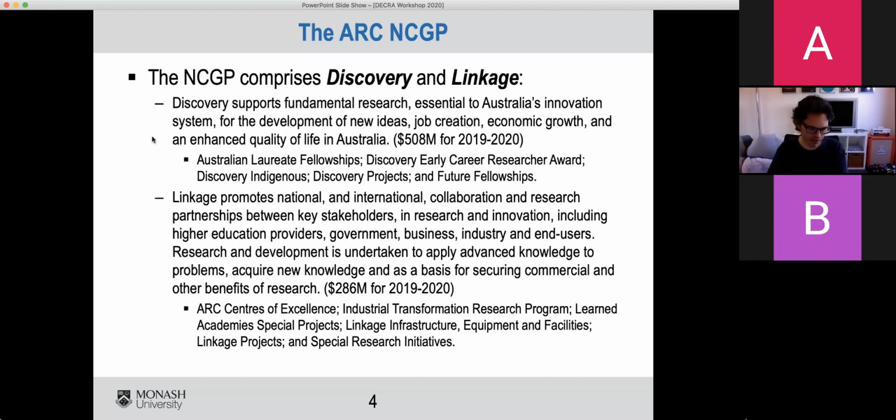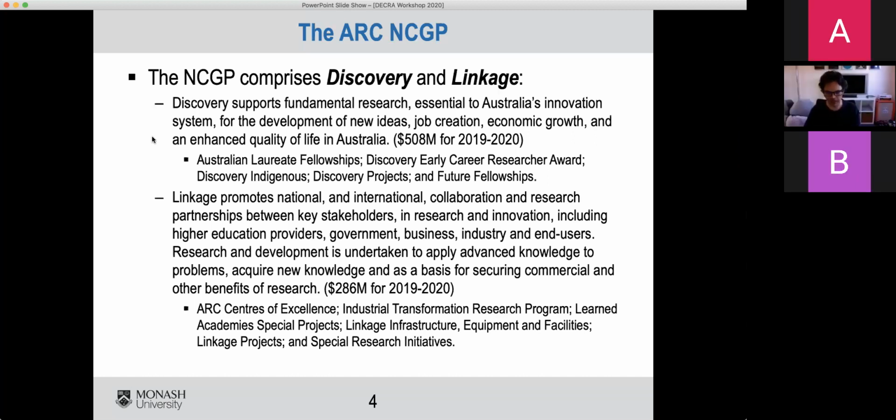As an example, the Centre of Excellence scheme is the biggest, most substantial funding scheme in the ARC. Those grants are $30 million for 7 years, or thereabouts. And that will include a lot of fundamental research and then some industry linkages and some translation. So it's the linkage scheme that really supports that getting things to the marketplace type research.